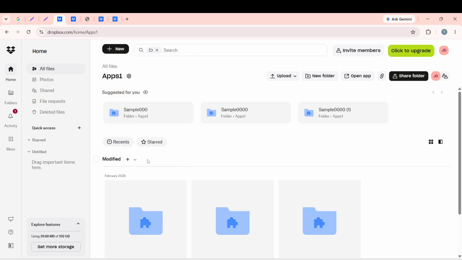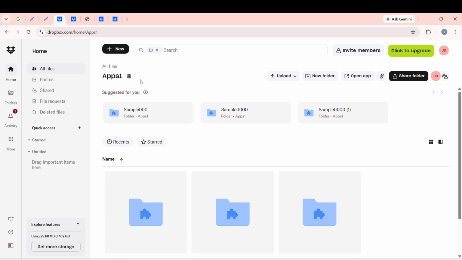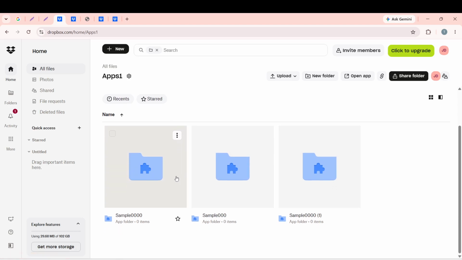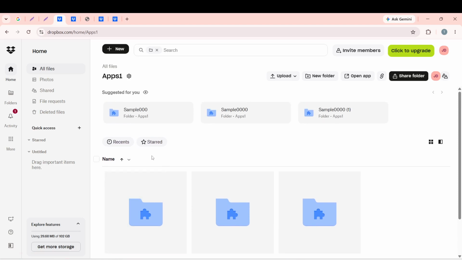Now, click on any of these headers to sort your files by that metric. For instance, if you want to see your files sorted by name, click on the name header. This action triggers a sort operation, arranging your files according to the selected criteria. Sorting your files makes it easier to locate them, ensuring you can find what you need without scrolling through a long list. Here's a quick tip.